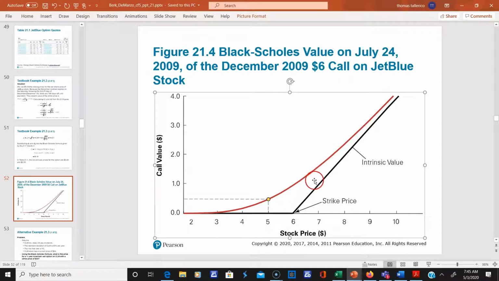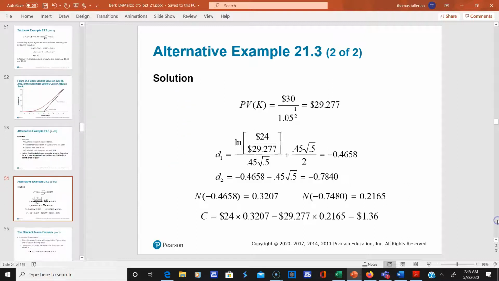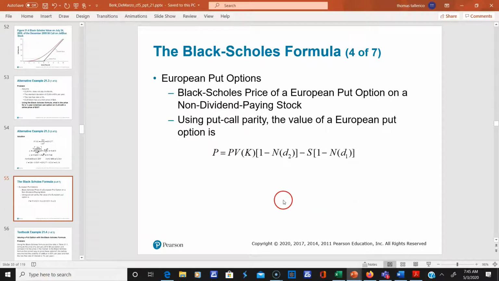Okay, so there's time value of the option, and you'll notice that the time value gives more value to the call than just the intrinsic value does. Okay, so it's an important idea. So you notice all this in here is the time value. Okay, so again,